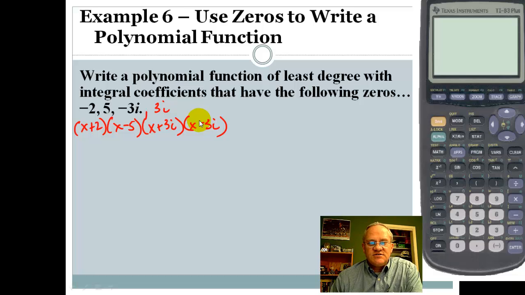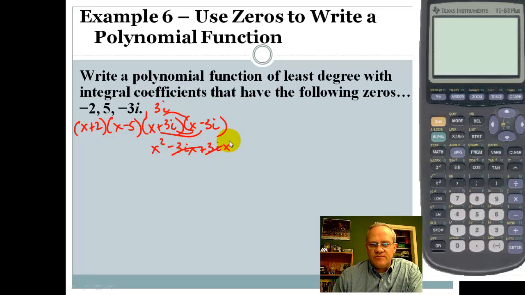Now this seems like a lot of stuff, but anytime that you have several imaginary numbers here, multiply those together, because their middle term is going to cancel out and make it a little bit easier. So let's do that first. X times x, x squared. That's going to be negative 3ix and plus 3ix. Do you see why that's good? Because those cancel out. And then finally minus 9i squared,